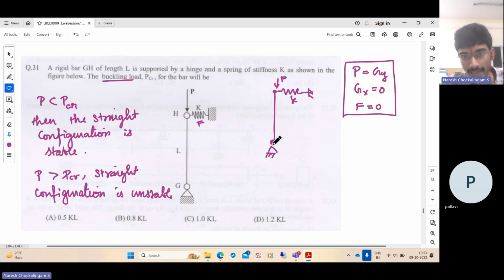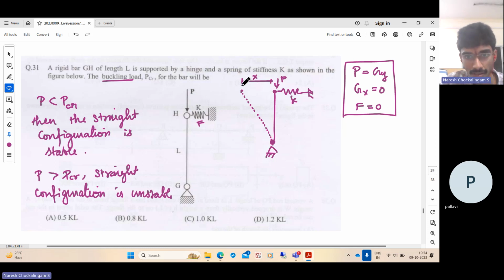You can see all conditions of equilibrium are satisfied. This acts as a two-force member. The two forces are collinear. So moment equilibrium is also satisfied. So this is an equilibrium configuration. Now the question is, is this configuration stable? To answer that question, let us displace the bar slightly. This is an exaggerated view. Let us slightly displace the bar by a distance x